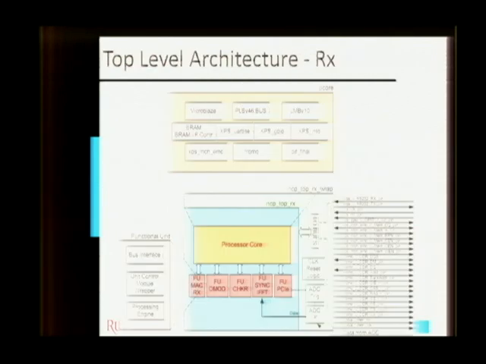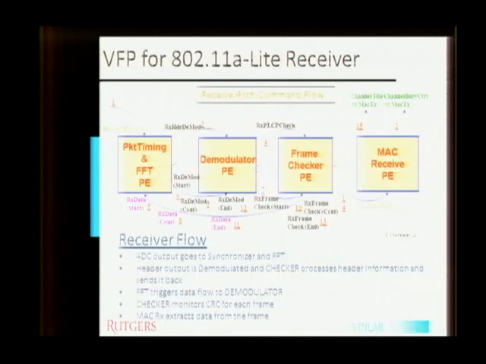A similar structure is what we see for the receiver. As you can see, the function unit and the processor structure all remain the same. We just removed all the DAC interfaces and added ADC. And I've just plugged out all the transmitter blocks and plugged in the receiver blocks. As you can see, the demod, the checker, the synchronizer. And today's focus will be the demod and the checker.